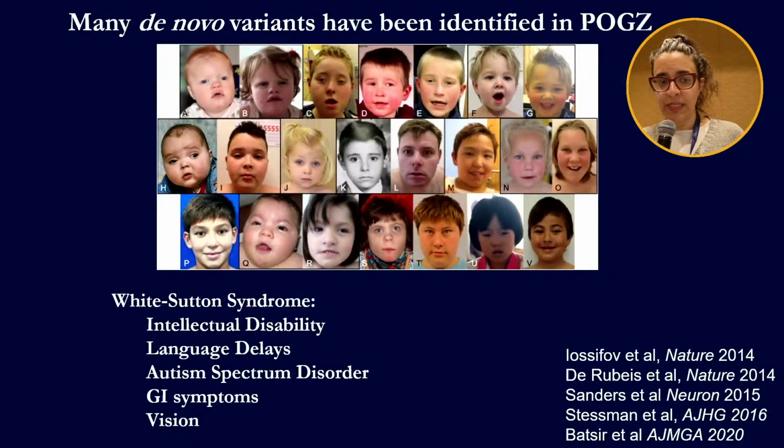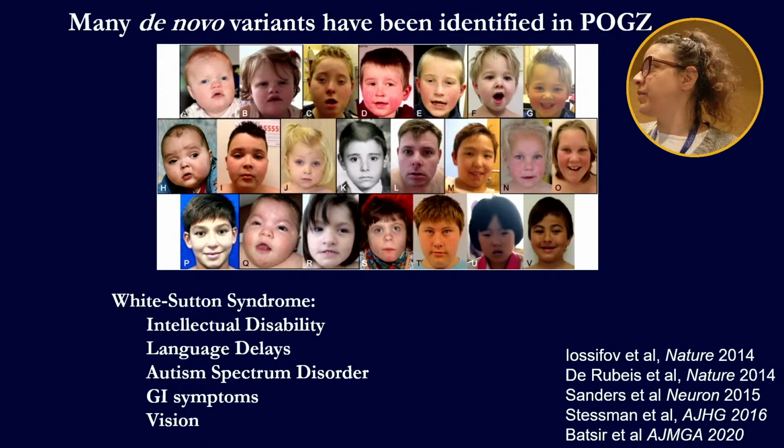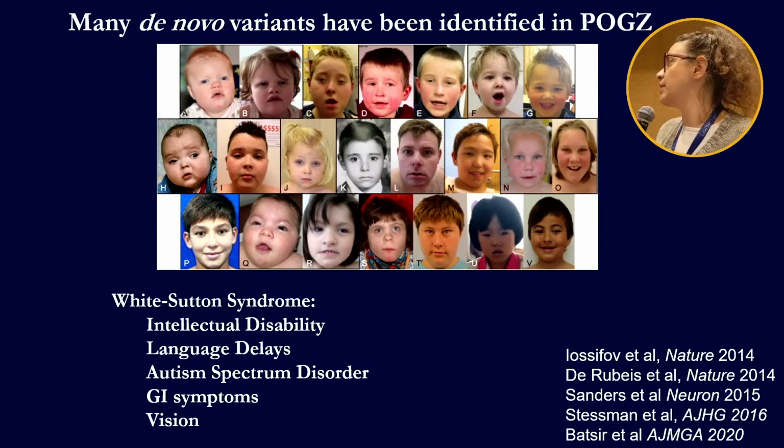Subsequently, more and more individuals with deleterious variants in POGZ have been identified, and it's now recognized as White-Sutton syndrome. We've heard a lot about this: intellectual disability, delays with language, autism-like behaviors, gastrointestinal and vision problems. And so POGZ is very important for